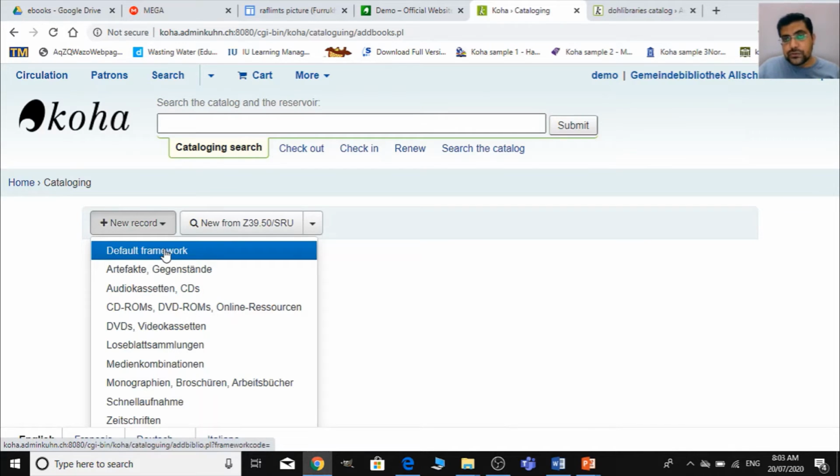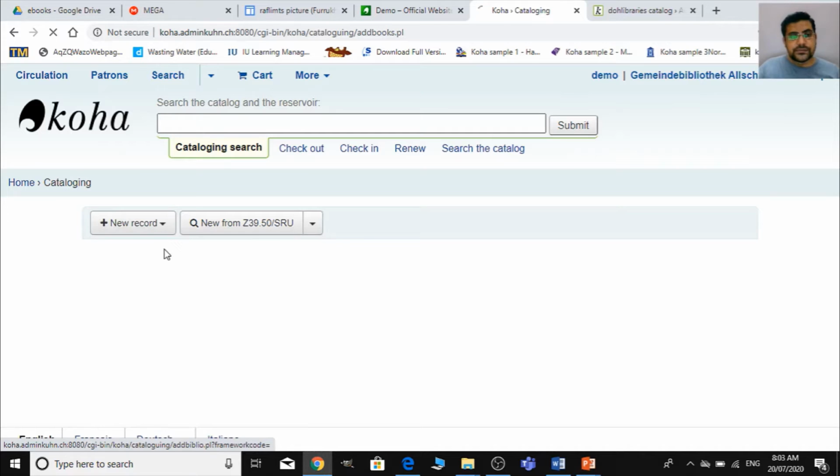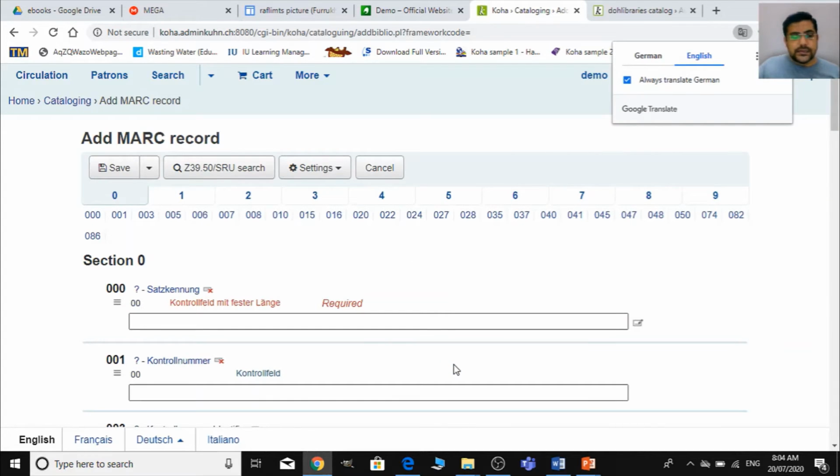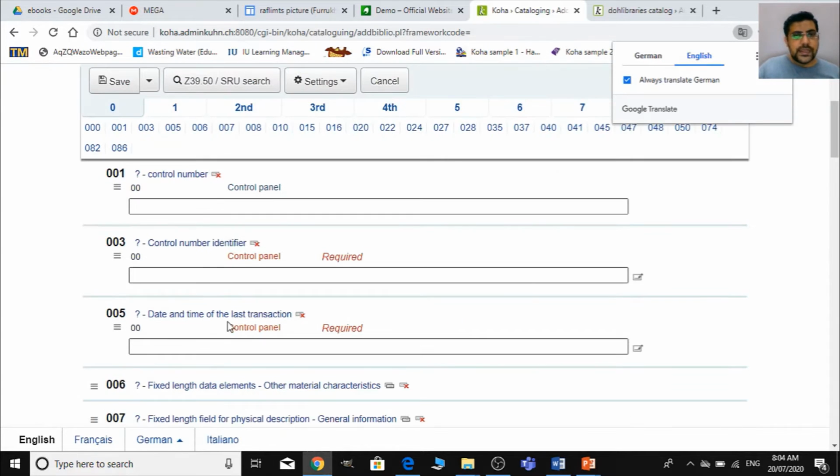And if you want to learn how to perform cataloging and copy cataloging on Koha, you just need to check my video available in the description or the I button, for a detailed understanding of Koha cataloging and copy cataloging. You just need to select new record and the default framework, and then